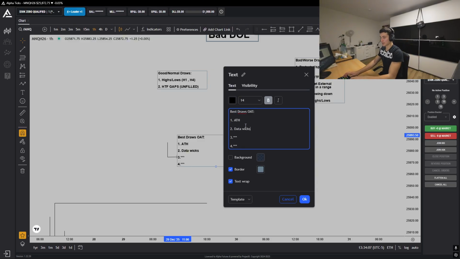Second, data wicks. If we got 8:30 news, red folder news, like CPI, and we leave a fat wick, it is a beautiful target, like a magnet to price, as well as new day opening gaps and new week opening gaps. And also the last thing that I noticed over the past months are no wick candles,